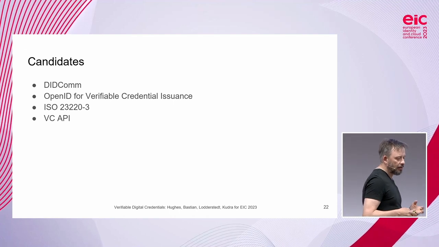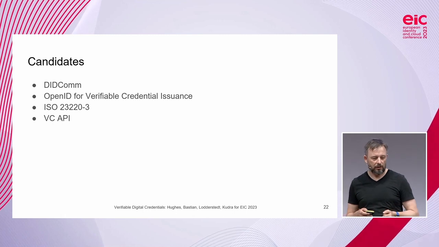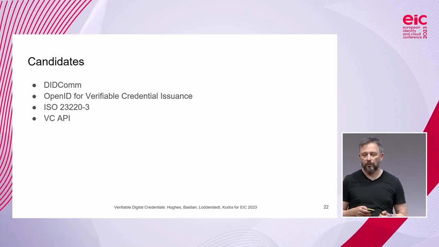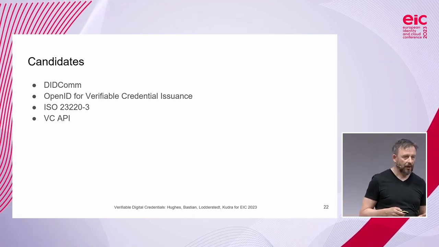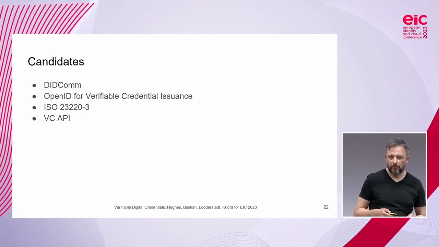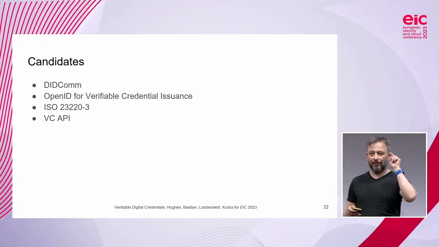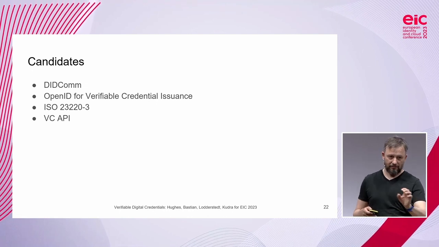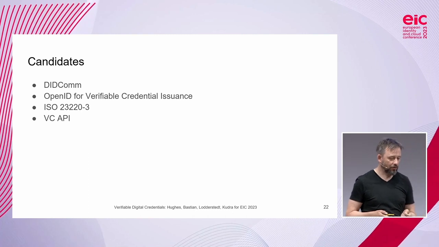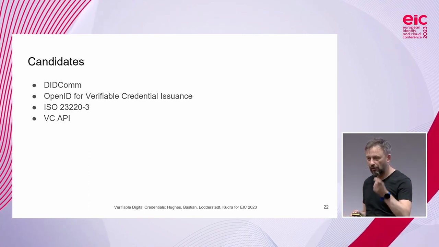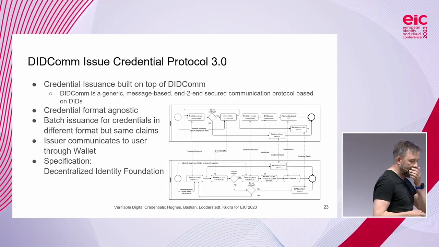The 4 candidates that I'm going to talk about are DIDComm, or more specifically, DIDComm Issue Credential Protocol, OpenID for verifiable credential issuance, ISO 23220-3. And when I'm done with this talk, you can all speak those numbers pretty quickly, right? Just if I ask you to do so. So ISO 23220-3. And we talk about VC API. All right, so let's start with